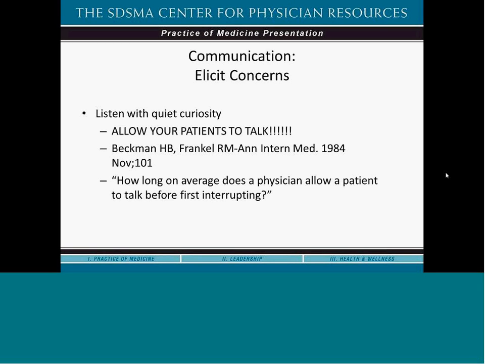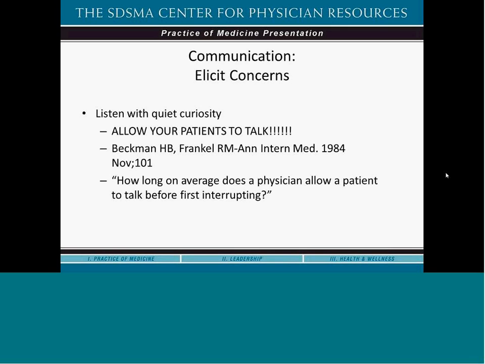These are studies that I've used in my programs for about the last 10 years. They actually started back in 1984. Doctors Beckman and Frankel were trying to look at communication skills that physicians have and how well they communicate with patients. And one of the things they were recognizing was that physicians tend not to allow their patients